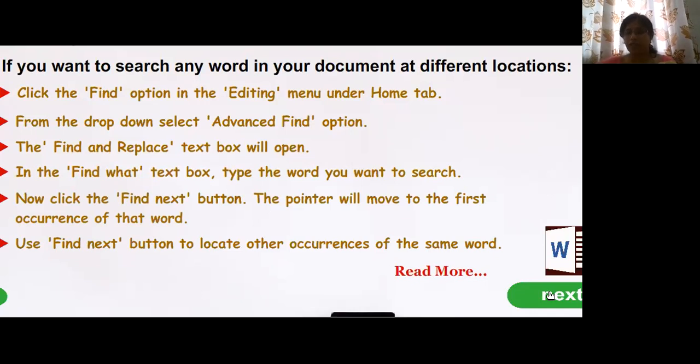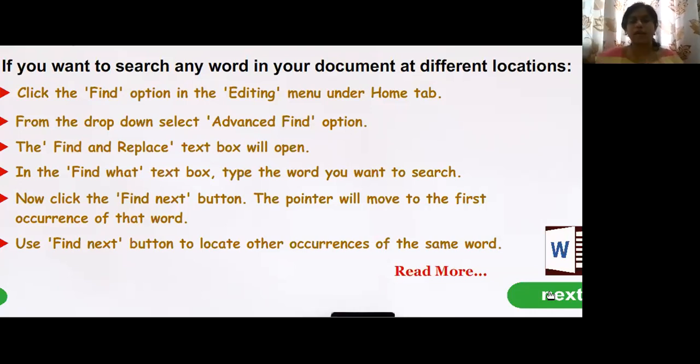You have to erase, edit, cut, delete, or go backspace and do it in every single line, and to check all 10 papers in full detail is really a difficult job. So to make it easier, we have one very nice feature in MS Word, that is find and replace. Find a word and replace it with the new word.